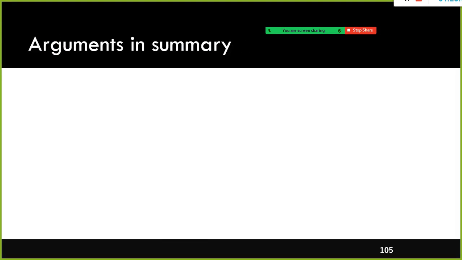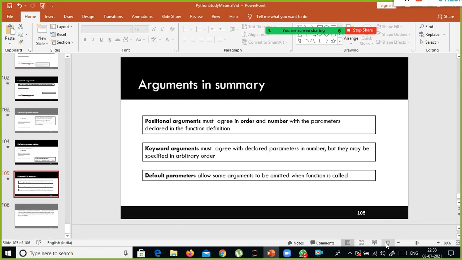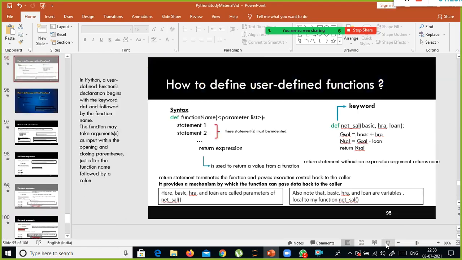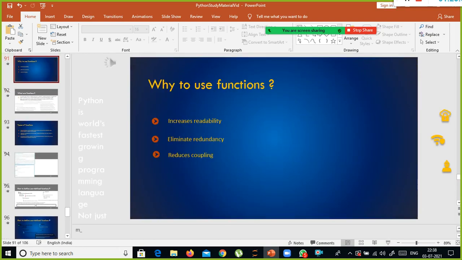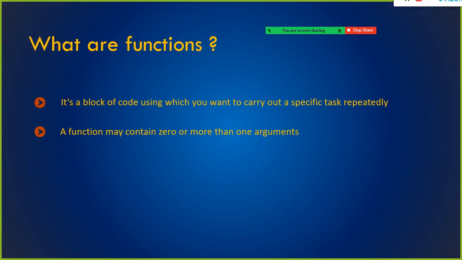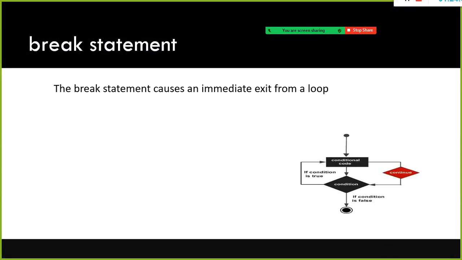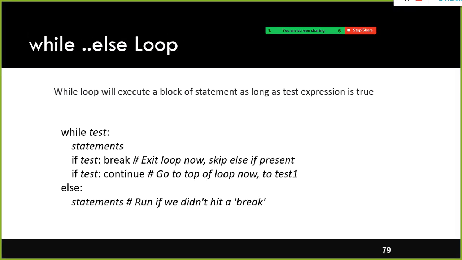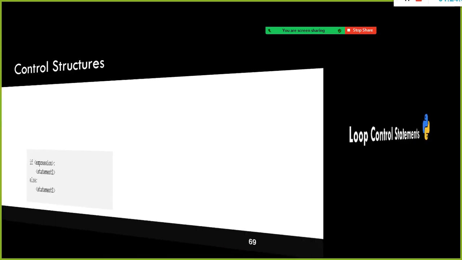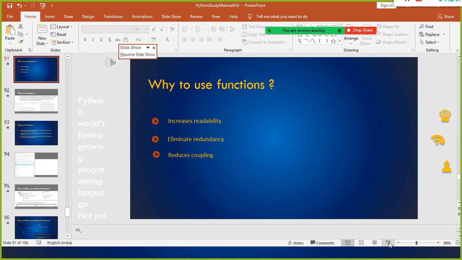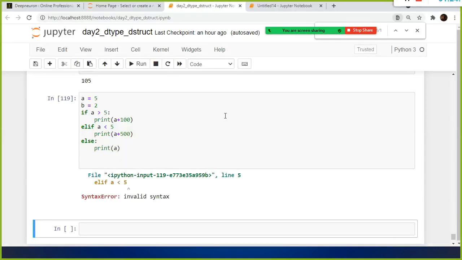Frozen sets are your immutable thing. And tell me one thing, whether set is mutable or immutable. Continue statement, for loop, control statements. Yeah, elif is not there here.